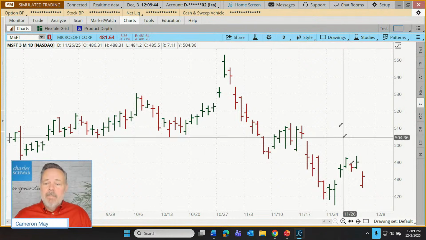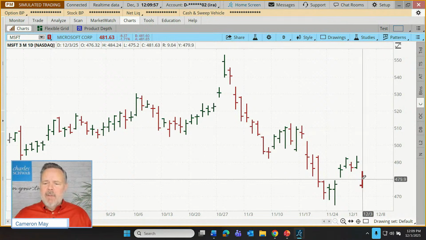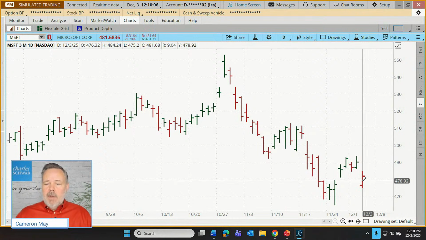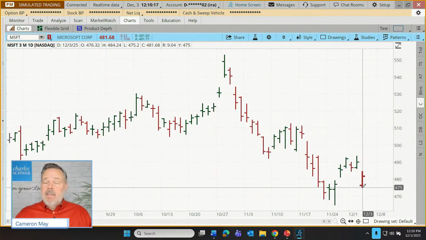So on a daily chart, what that vertical line is telling us is how high we've reached, or how low we've reached for that day. So if I point at, for example, today, let's point at this bar. Let's look up here in the upper left, and we're going to focus on the H and the L, the high and the low. So as I point at that bar, I can see the highest price for today was 484.24, and the low of the day was 475.20. That's information that wasn't available on the line or the area charts.